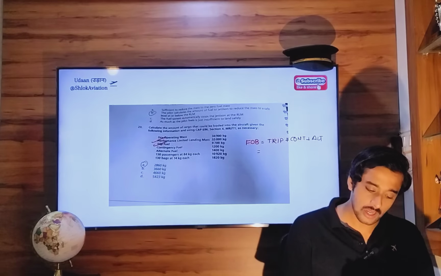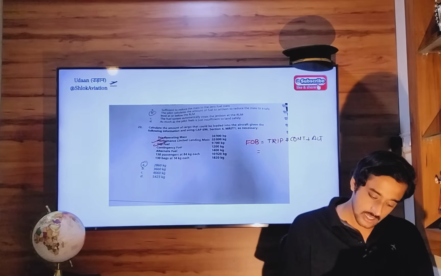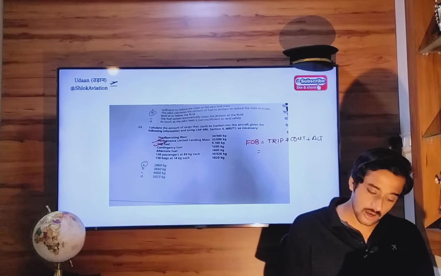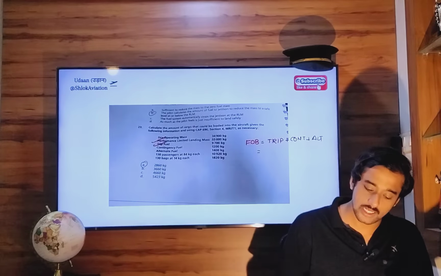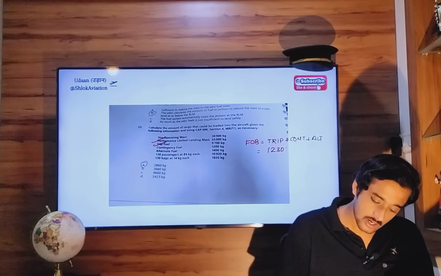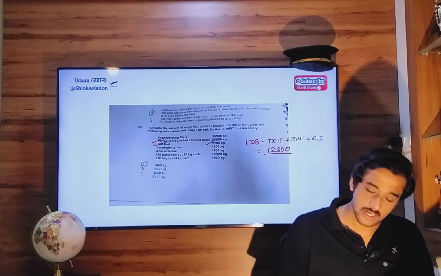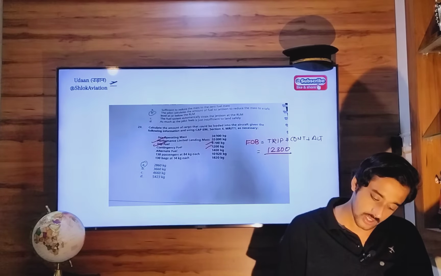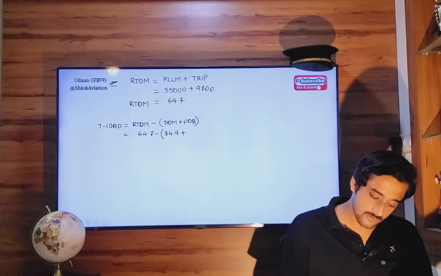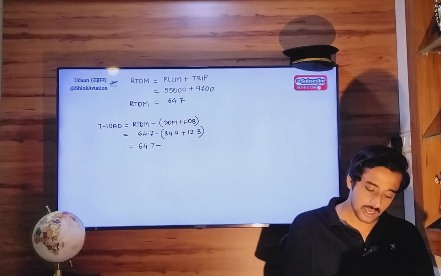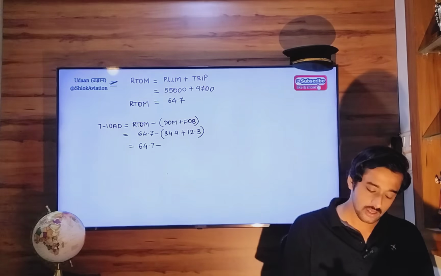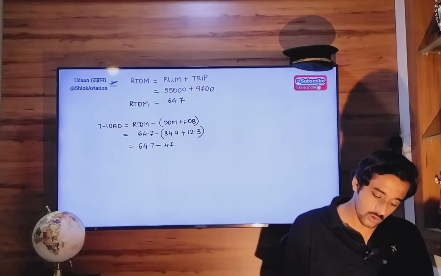So trip fuel is 9,700, 1,200, 1,400. So total is 12,300. So 64.7 minus 34.9 plus 12.3. That is 47.2